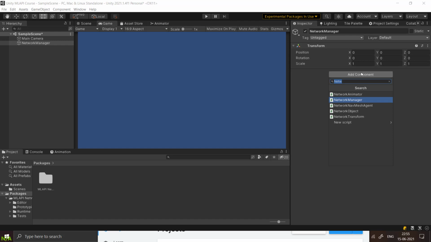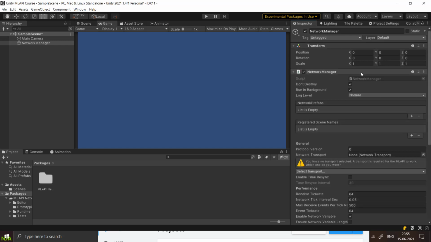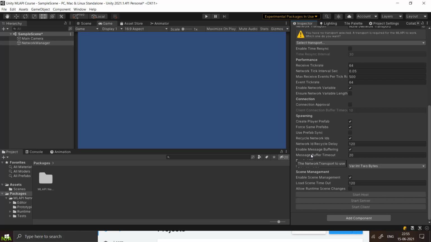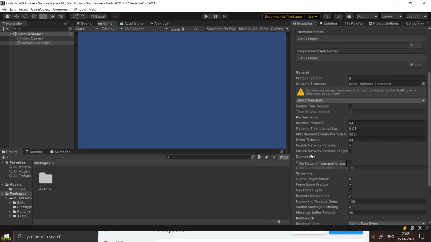So if you can't see this network manager here, go back and check the steps of how to import ML API. This is a very long script and it basically is the whole networking solution. There are other utility scripts, but this is the main script which will almost use everything.